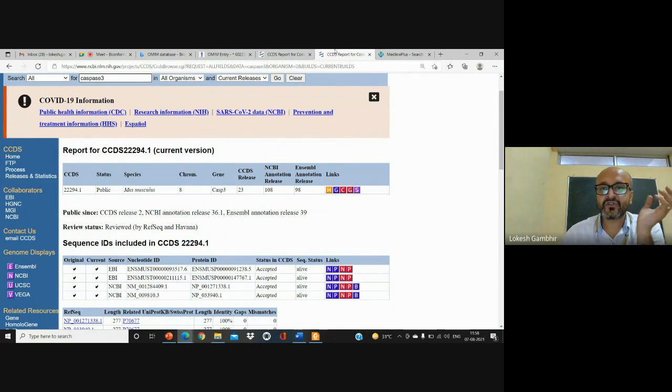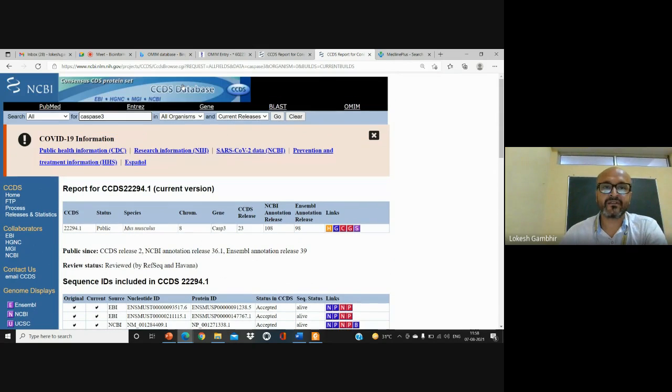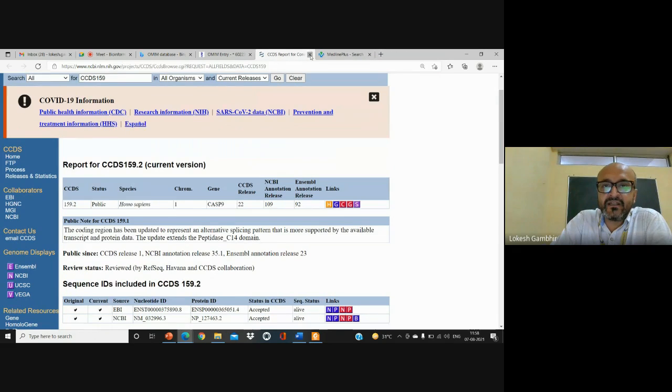So complete information is present in the conserved sequence database also. And the best part is it is linked to the other databases like PubMed, Entrez, Gene collection, and BLAST. So a complete compiled report is provided to you here. Although if you are using Swiss-Prot, then the CCDS database link is also there in Swiss-Prot. You can directly navigate from that particular database to this section also. So that was all in a nutshell about the CCDS part.